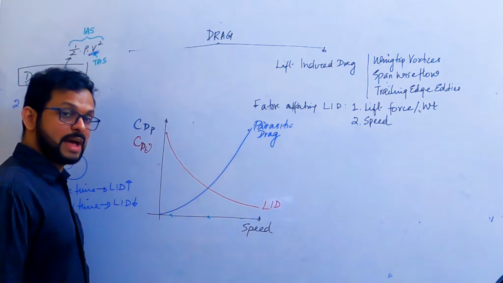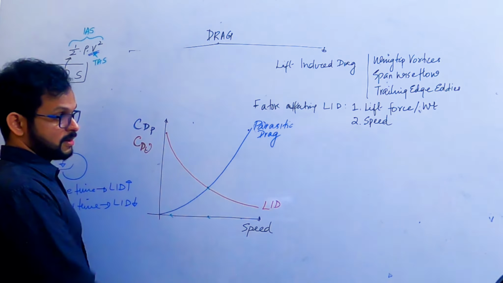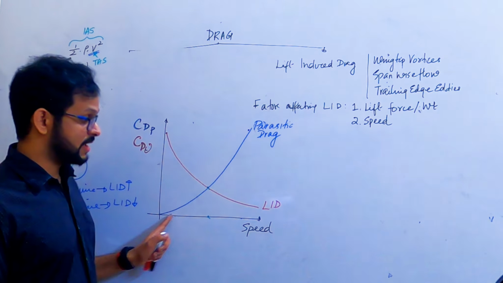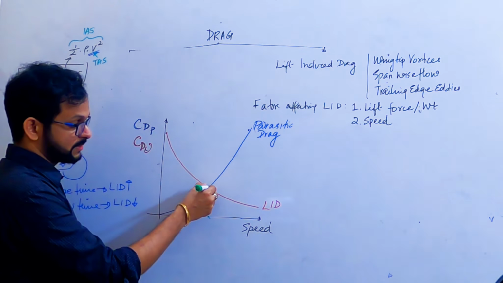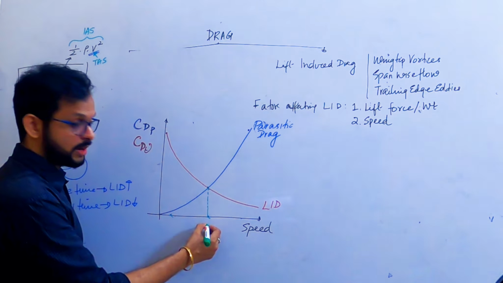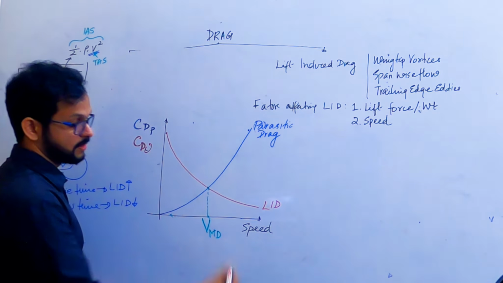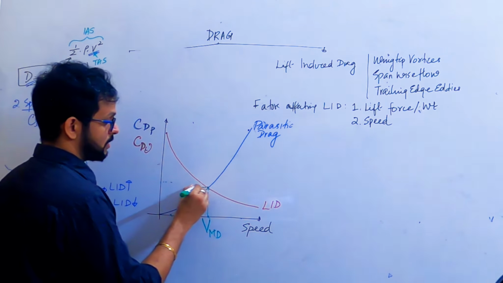Yes, and where does it happen? Minimum drag happens when both the parasitic drag and lift-induced drag are minimum. Not when they are individually at the minimum points. It happens when both of them are minimum. And that happens at the intersection point. What is that speed called? VMD, minimum drag speed. Yes, and the value of the drag can be found out by interpolating it straight here